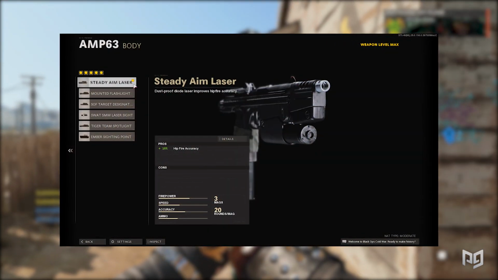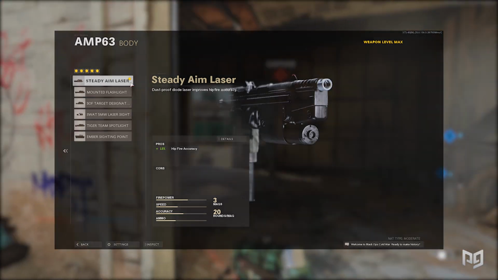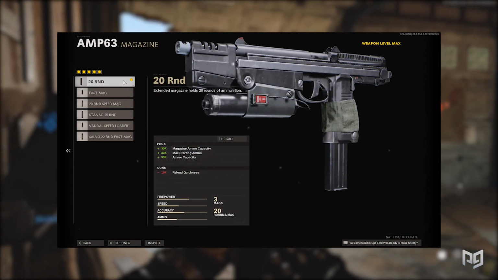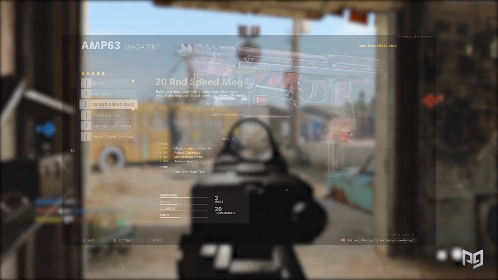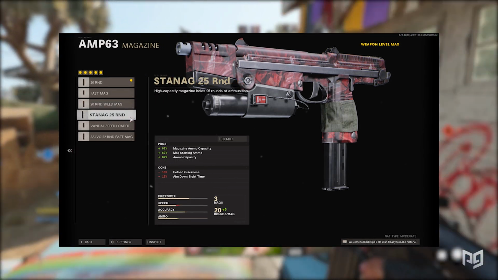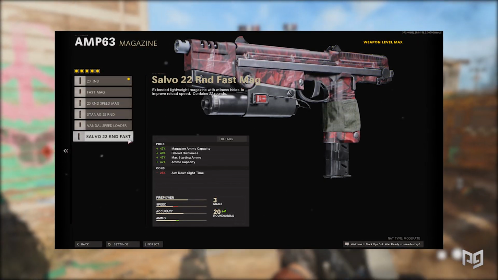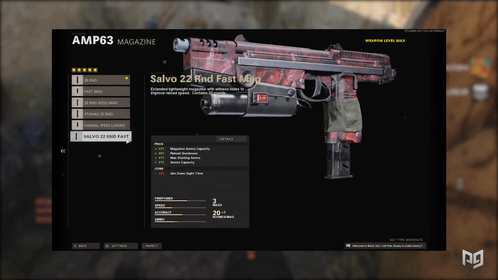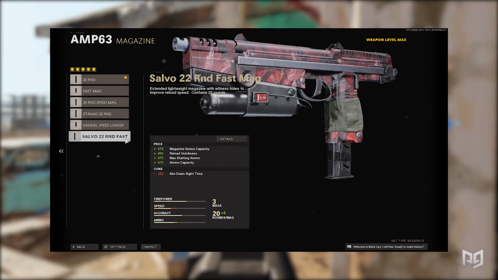The third attachment to use is the classic steady aim laser, so you can hit more hipfire shots. The fourth one is the magazine, and we recommend using the 20-round mag. It does lower your reload quickness, but gives you enough bullets to get 2 or maybe even 3 kills. The 20-round speed mag, Stanag 25-round, and Salvo 22-round fast mag may also be a good choice, but they severely hurt your ADS time, which is critical for a pistol in most cases,